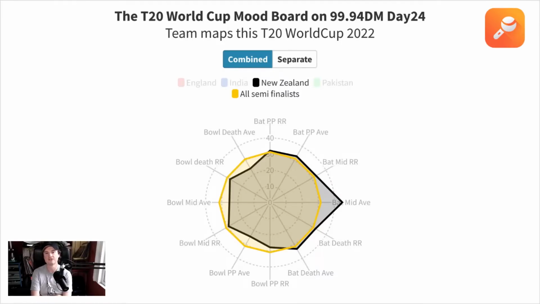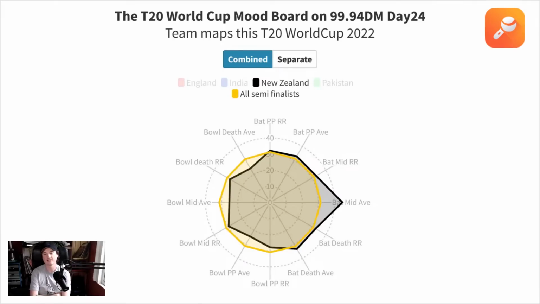But the other thing to notice before we look at anything else individual is, I said that you want to be really good on the right-hand side of the graph, and you want to be outside the yellow, and on the left-hand side, you want to be inside the yellow. They're the only team that actually follow that pattern. That doesn't mean that other teams aren't stronger than them, but it does mean that they don't have as many weaknesses.